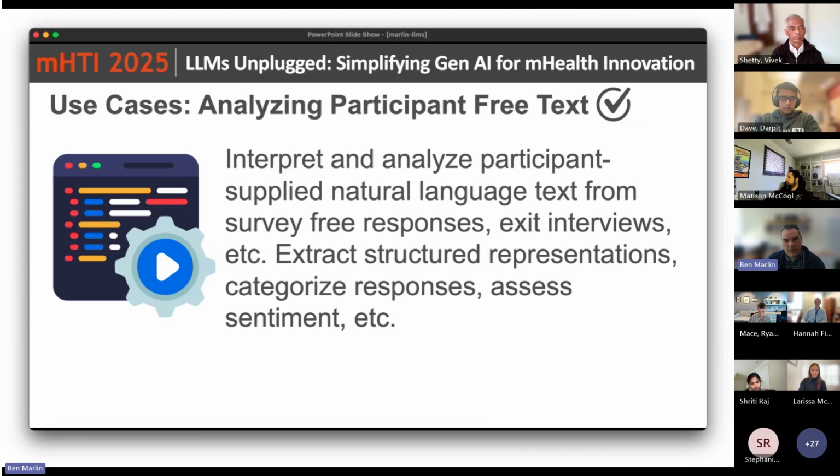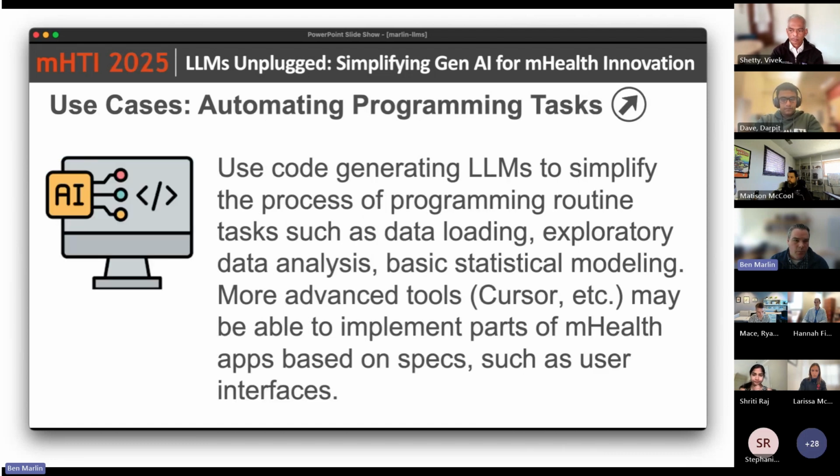Analyzing participant free text is something else that's potentially helpful. So if you're doing things like qualitative coding, a first cut at that using LLMs is definitely possible. They're able to categorize text for facets like sentiment. Again, using methods like in-context learning, you should be able to prompt these models to give you helpful interpretations of the text data that you have. If you're looking at studies with large volumes of free text, this is potentially helpful to do. Again, it still relies on someone looking at those assessments, not an end-to-end application. So this is still a generate or reason and verify kind of application of the approaches.